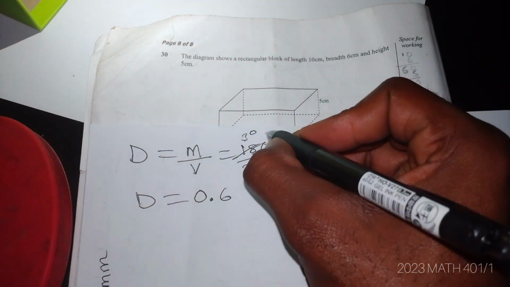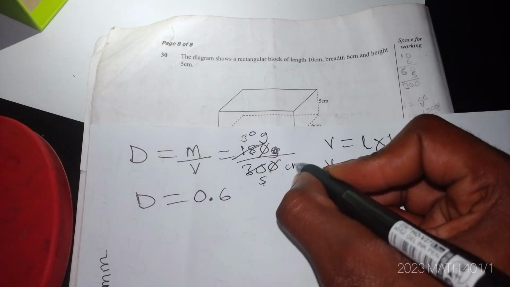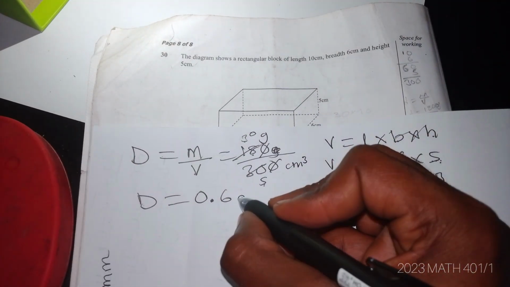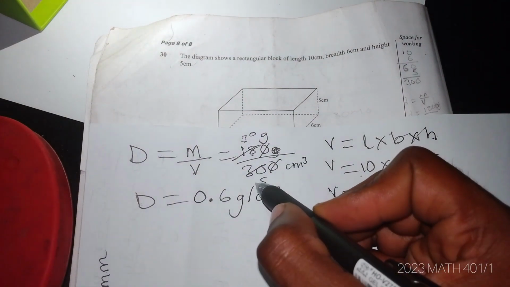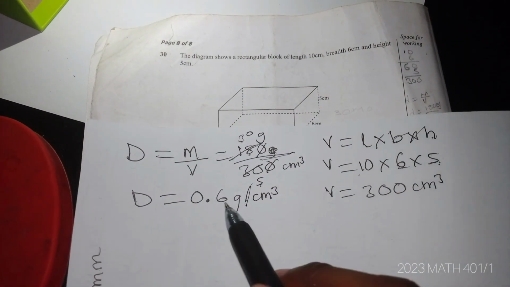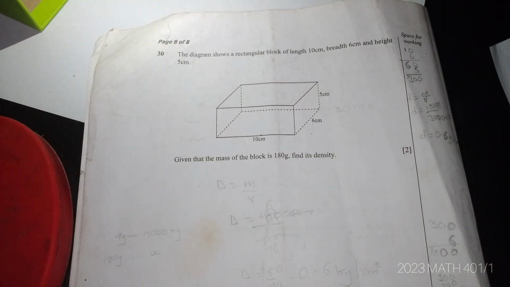So remember, these are grams, these are cubic centimeters. So your answer will be, the units will be grams per cubic centimeters. This represents this. So you have this as your final answer. And we are done. So remember, once you understand one